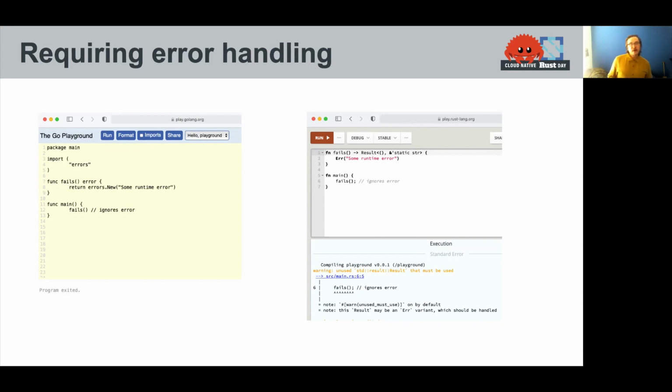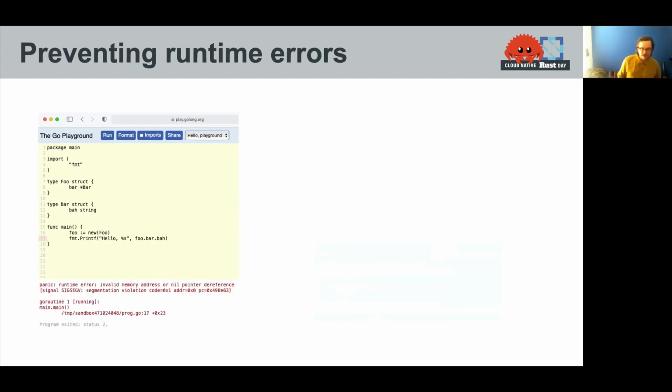So here, same function that just fails. If we ignore the error, Rust will actually emit a compiler warning. In Linkerd, this will prevent Linkerd from building, and we'll have to fix this before we go on. Another example, pretty similar. Here's a place where I access an uninitialized value. And we've had this type of bug in the Linkerd control plane or CLI countless times, more times than I care to count, right? This is a big pain in my neck.